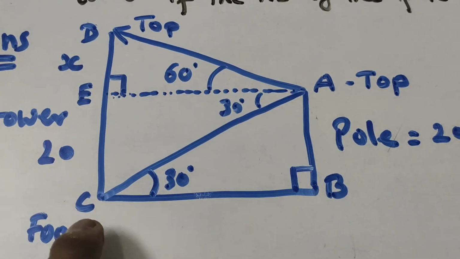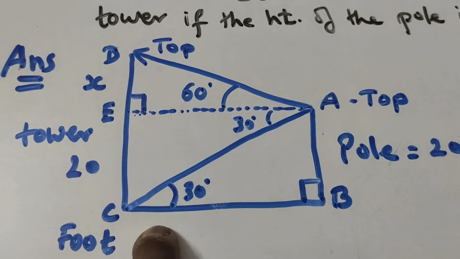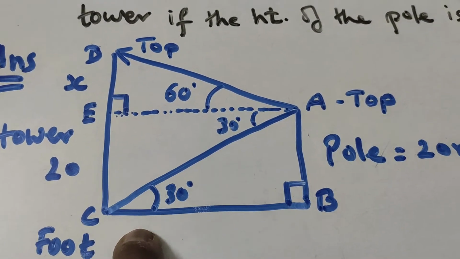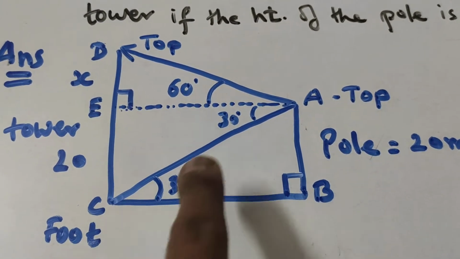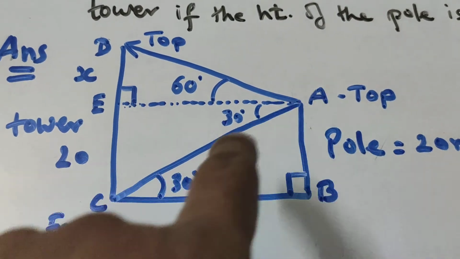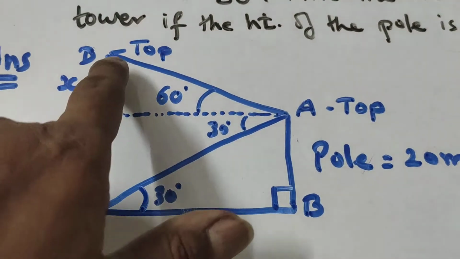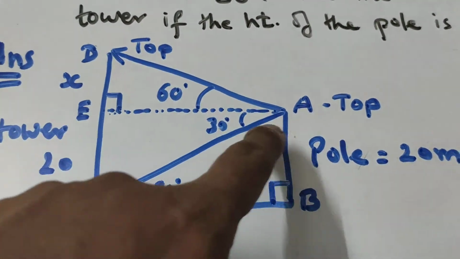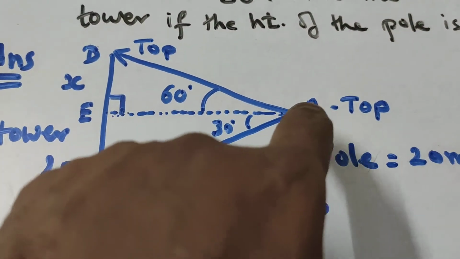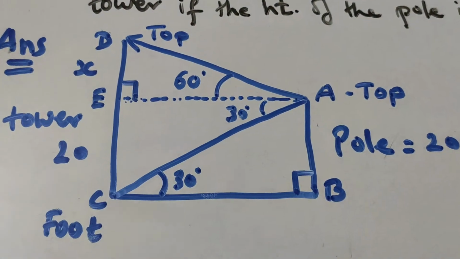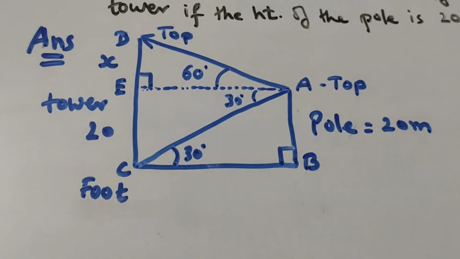So let us take the ratios, and as I told you in the previous episode, we are going to stick to tan theta. Mostly tan theta is useful in this type of sums because hardly will we be given the hypotenuse. If the hypotenuse is given, then we can take sin theta or cos theta, but here the hypotenuse, the distance from C to A and from A to D, is not given. So we are not going to take sin theta or cos theta, we are going to take tan theta. So let us work it out with tan theta.